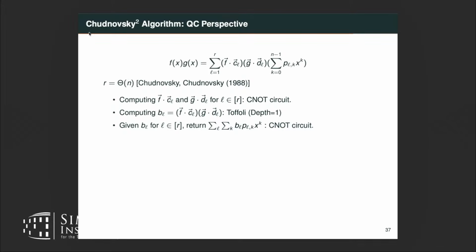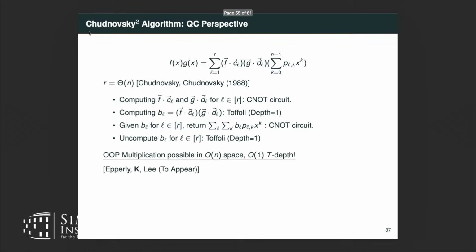And so you write down all these bit values for b_l, and based on that, you're basically adding this polynomial. And they have binary coefficients, so this is just XORing a bunch of things. Again, it's just a C0 circuit. So this whole thing, even though it looks complicated, is just a C0 circuit, a single layer of Toffoli, and just a C0 circuit. Of course, you have to uncompute, but that's also just another Toffoli. So this whole thing actually has just a Toffoli depth of 2,